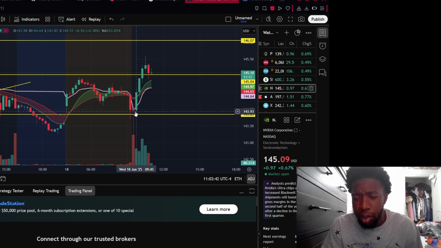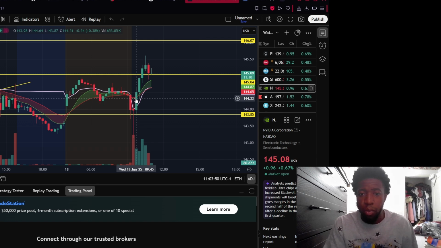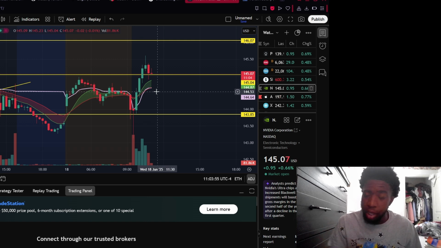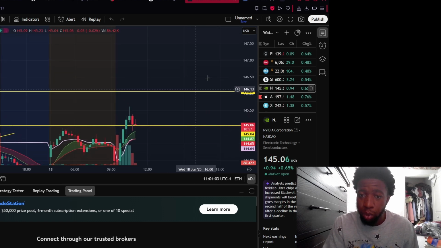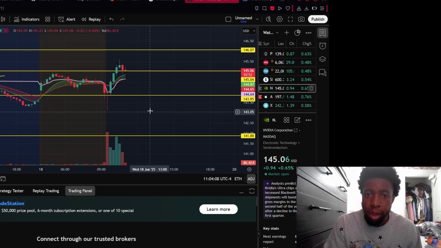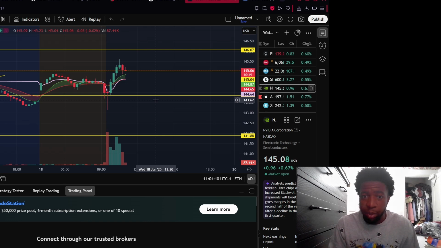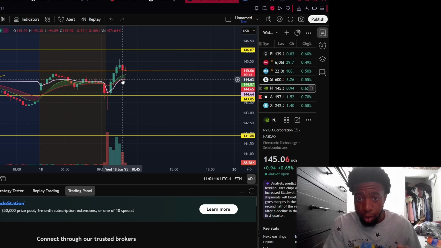It flipped around the VWAP and made an engulfing candle as well, but the EMA cloud was well above. But I think because it closed above it, it shows that it was more bullish, if that makes sense. Currently it's at 145.07. My next supply is 146, and then I believe 148.76. Nice. So just like SPY, we have to see if this will hold. It's very close to the VWAP and EMA cloud, so look for the reaction around here. This is where most of the buying will happen.